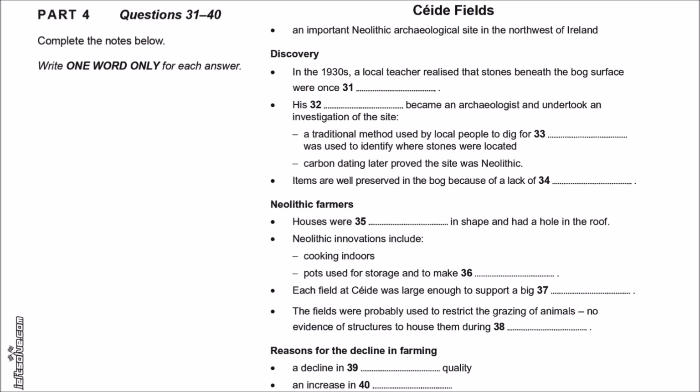The farmers at Keiji would have enjoyed a relatively dry period, but this began to change, and the conditions became wetter as there was a lot more rain. It was these conditions that encouraged the bog to form over the area, which survives today. So now I'd like to show you some